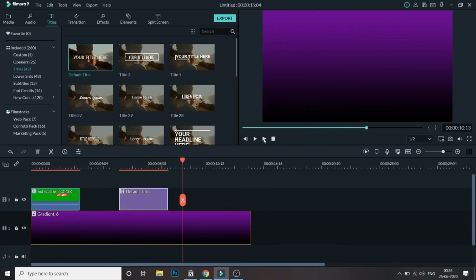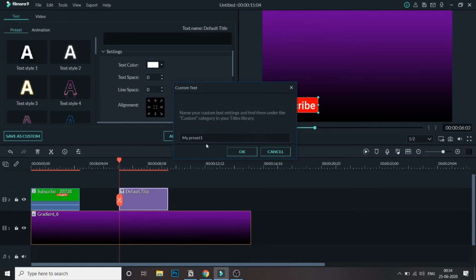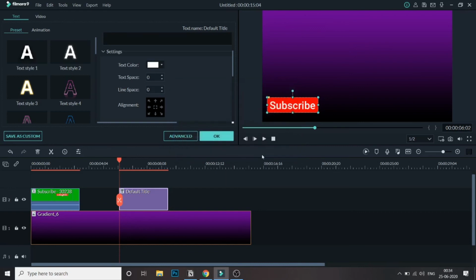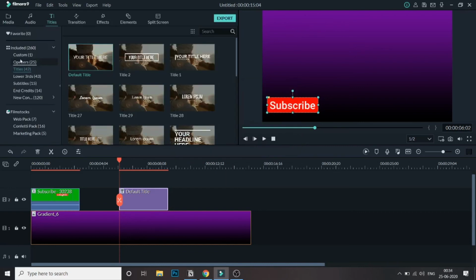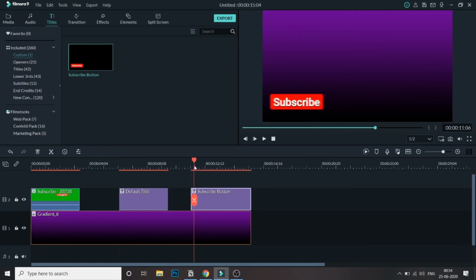As you can see, the animation plays, and once you're done with this, you can just save this as a custom preset, and you will find this in the custom option over here. Anytime you want to create a new video, you can directly drag this and use it.